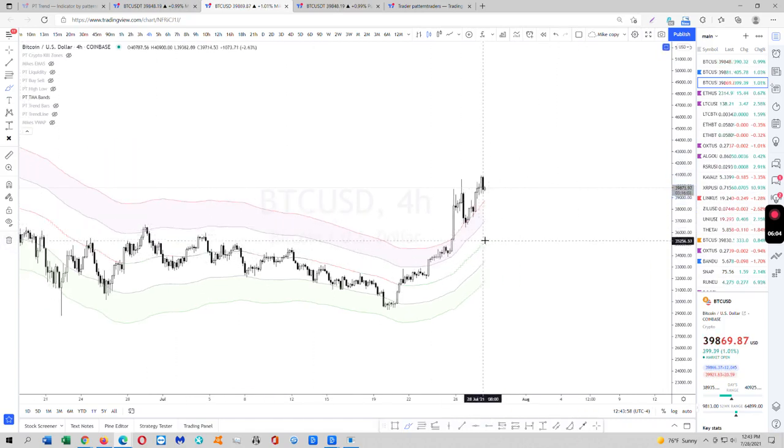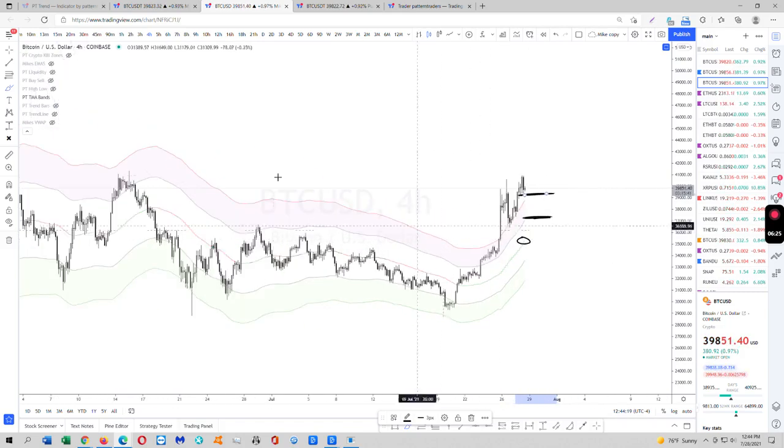So 4 hour, 35.2. That's the main target no matter what happens. I want the 4 hour to get retested. Not today, maybe not tomorrow, maybe not Saturday, but within this week we should get a 4 hour retest. It could be up here by the time it happens, or it could be up here. The 4 hour needs to get retested no matter what happens.